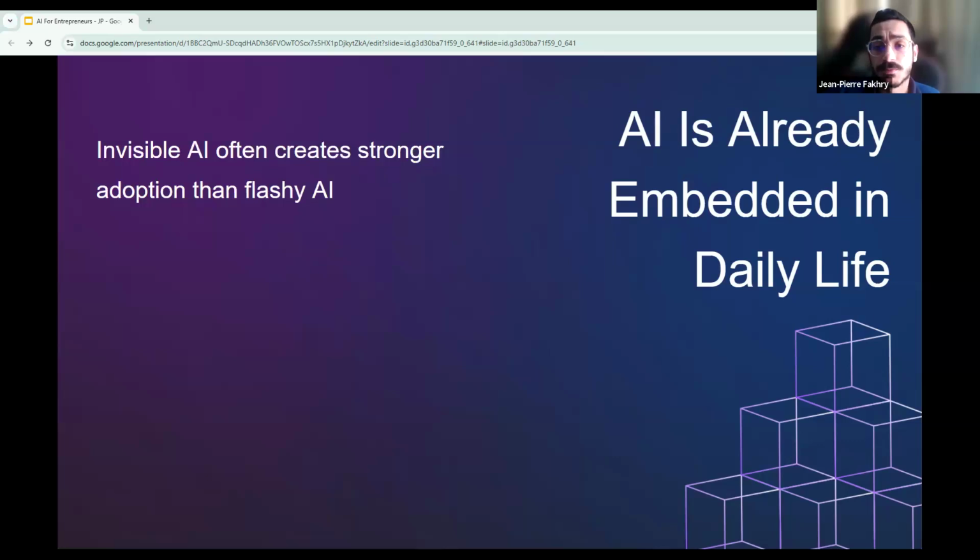Okay, now also, the AI products that people adopt the most easily are the ones that they do not have to think about. All right. For example, your email spam filter has probably blocked thousands of junk messages that you have never once clicked. Google Maps, I'm sure you use it, quietly recalculates your route when there is traffic. You just follow the arrow, and that's it. Apple Photos automatically creates albums by face, location, and date, and you did not ask for it, all right?